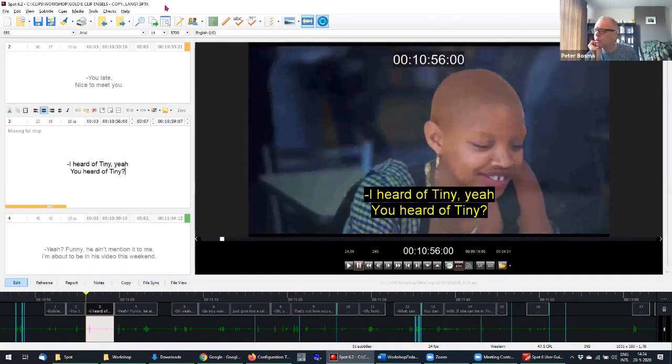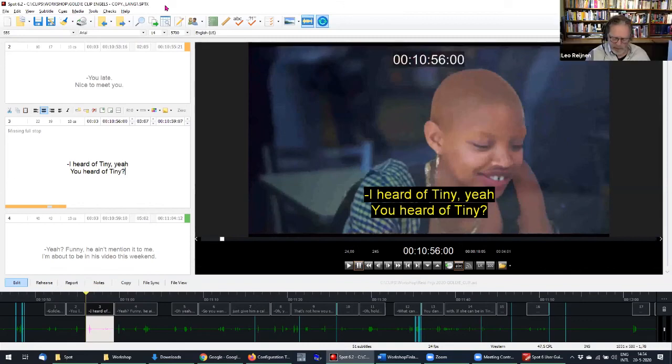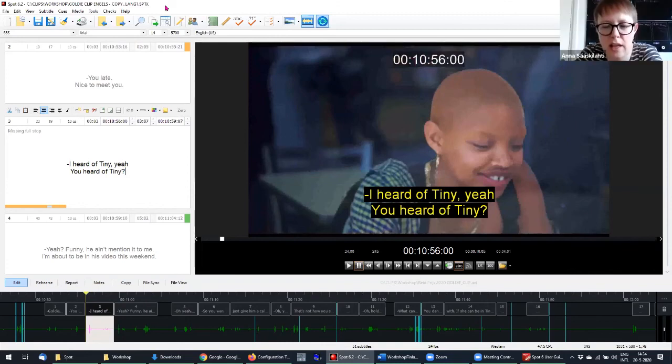What kind of version of Spot are you using? Well, now I just downloaded the newest one, but it's happened before, like all the time. If you hit 2 keys on the numeric pad at the same time, Spot crashes. Yeah, I think it's 8 and the slash key or somewhere around there. I don't know what happens, but